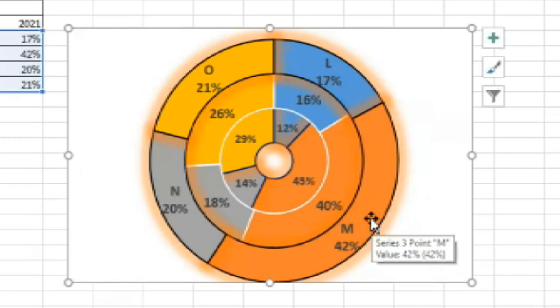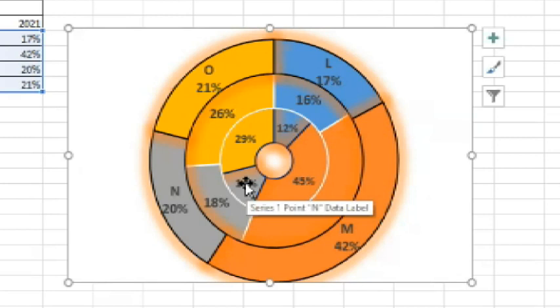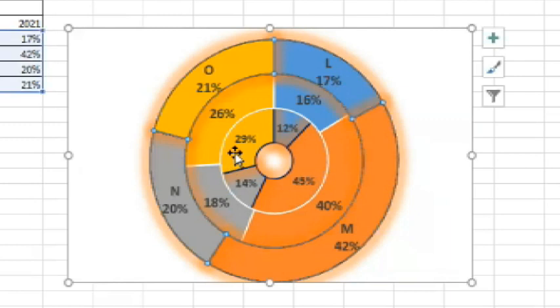Next, it has made a bit of improvement, 42%. For the N product, it is continuously increasing, 14% to 18% and 20%. And then in the case of O, again you can find out. So this is a very good way to show the data.